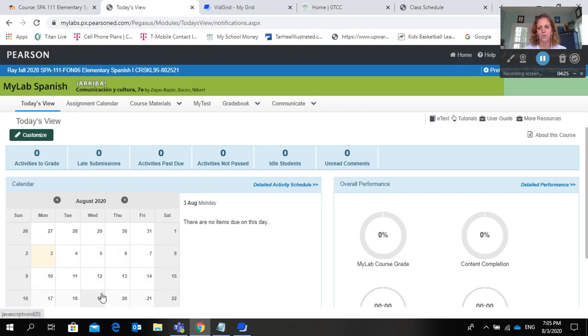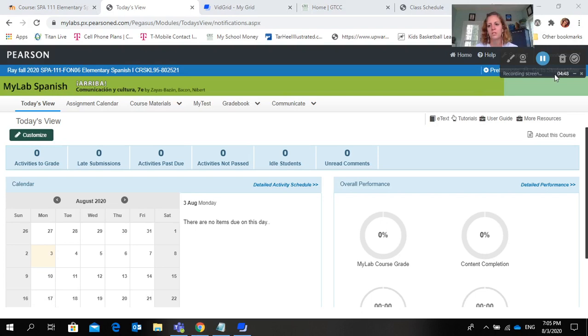When all of this coronavirus stuff happened, I kind of got to see things from a student perspective a little better because my kids turned into students, and even though they're not GTech students, they're still too young for that. I still saw some problems that they encountered, so I tried to move everything into Moodle so you don't really need to come into My Language Labs. The only thing you're going to need from My Language Labs for me is your book, which is right here,